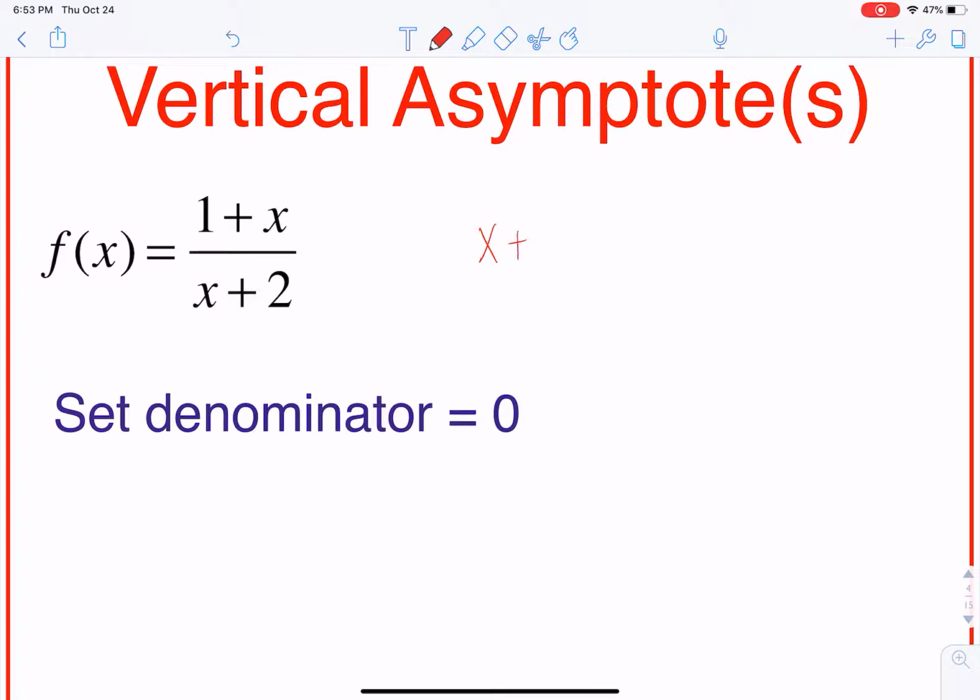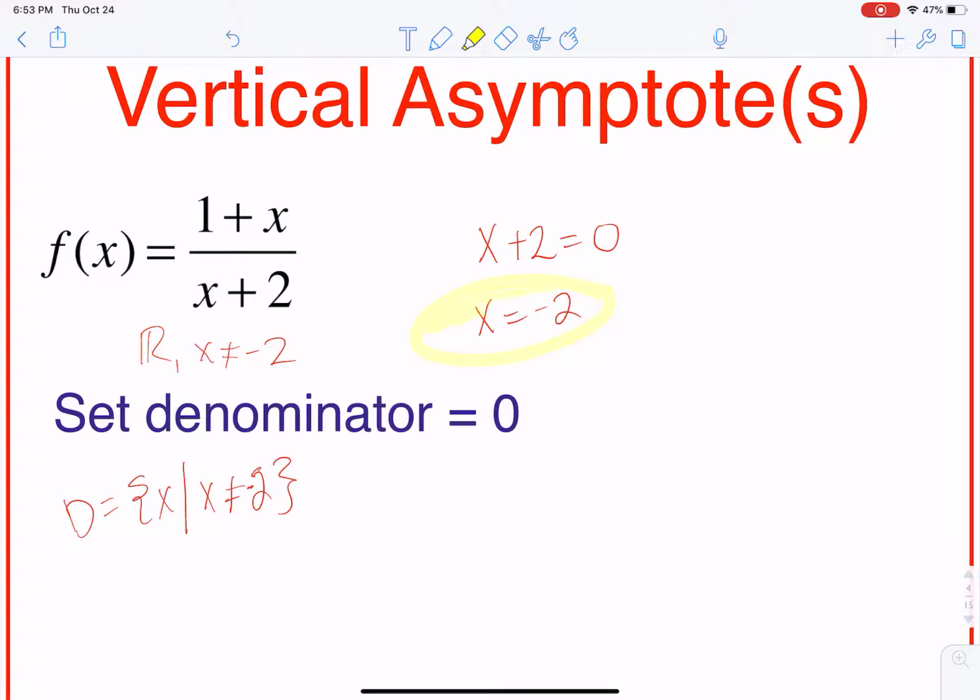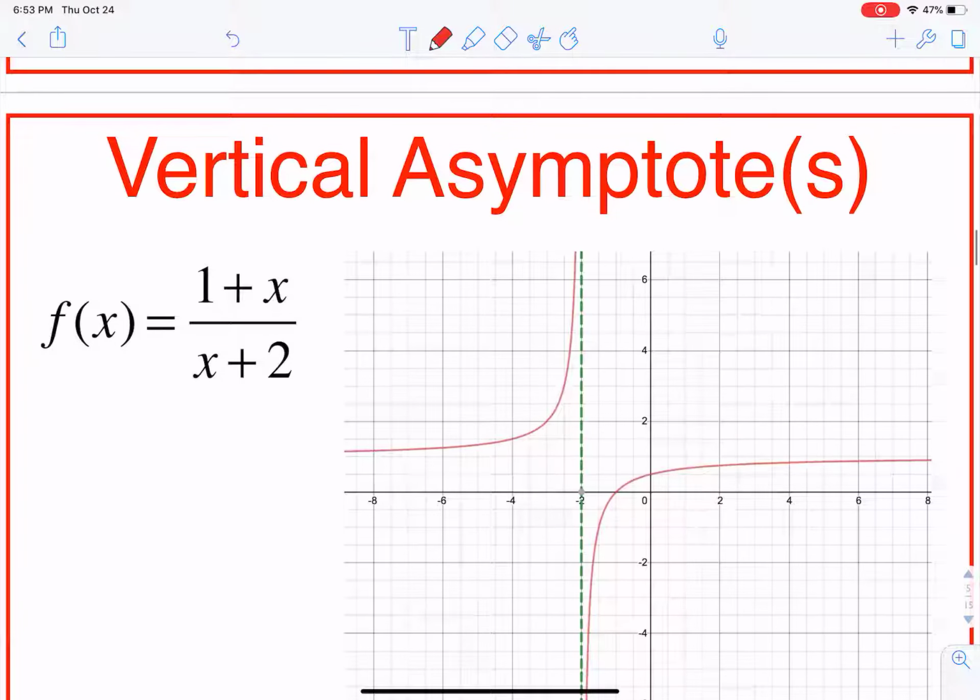I'll set my denominator, x plus 2, equal to 0. I get that x is equal to negative 2. So I know that my domain here will be all real numbers, x values that are not equal to negative 2, or we could say x values such that x does not equal negative 2. There's a few different ways that we can write domain here. So I know that I will then have a vertical asymptote where x is equal to negative 2,